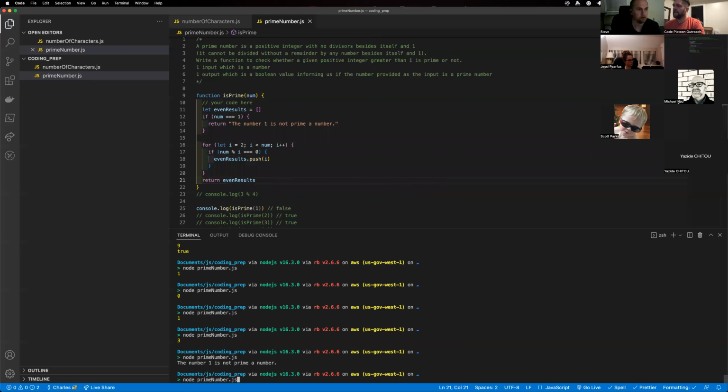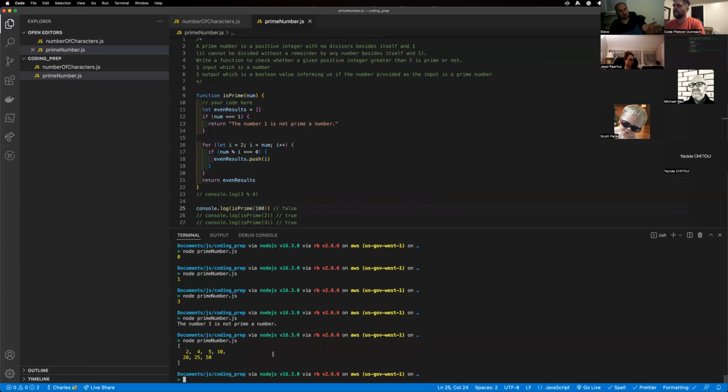Right, we could say, we don't want to run it with 1. If we start with, we'll say 100, right? So now we see that 100 is evenly divisible by 2, 4, 5, 10, 20, 25, and 50. So what we could now say, instead of it just returning true or false, is we could say